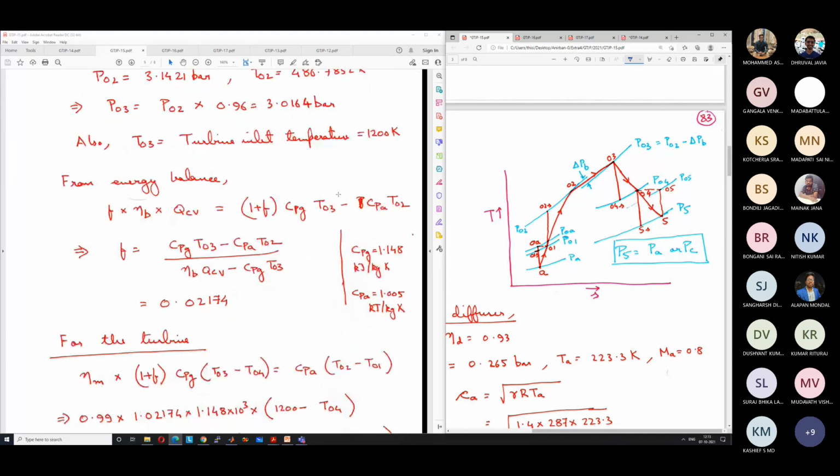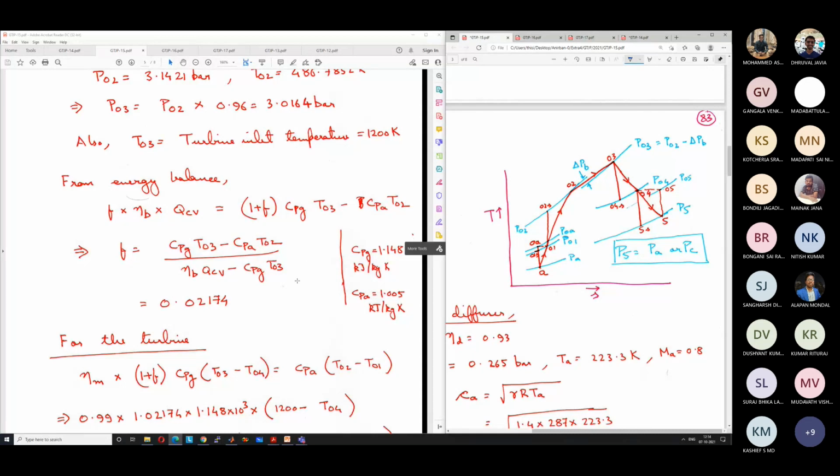So from the energy balance, the released energy is equal to the calorific value of the fuel into the mass flow rate of fuel per unit mass flow rate of air at the intake. Remember, we are doing all the calculation for unit mass flow rate of air at the intake, m dot a equal to 1. Then we can multiply everything by m dot a to get the actual values. So per unit mass flow rate of air, the mass flow rate of fuel is F, the fuel air ratio, into the combustion efficiency, which gives us the actual energy released.